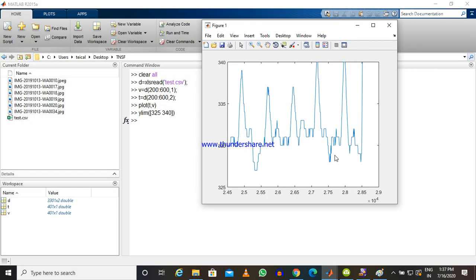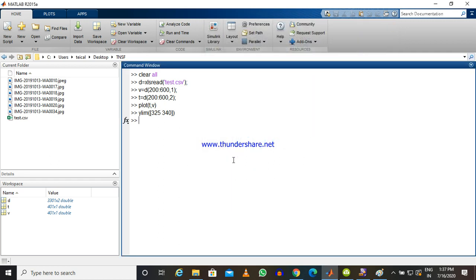You see, now I am getting the signal, but it is something like this. So I want to smooth it. I want to do the smoothening. So let us see how to do that. Already we understand the numerator is 1 1. If I use a moving average filter of window length 3, so that's your numerator is this one, and denominator